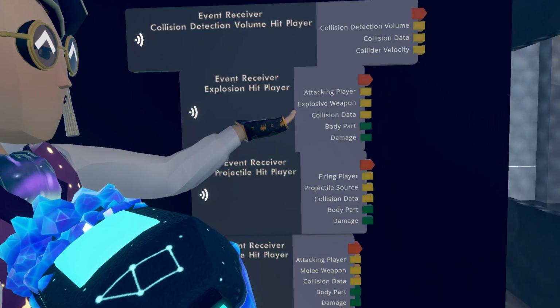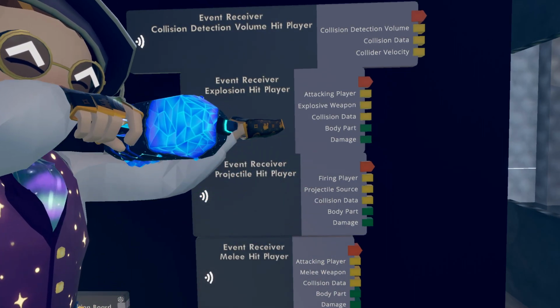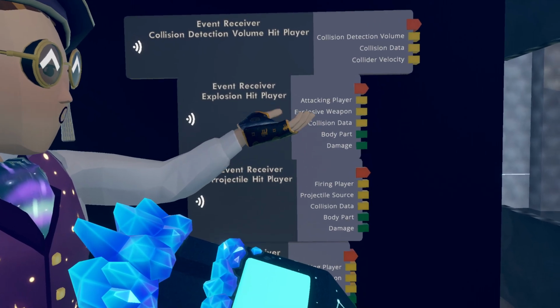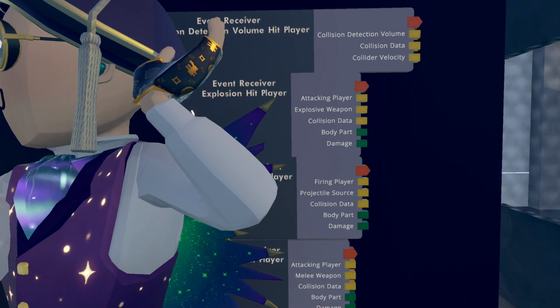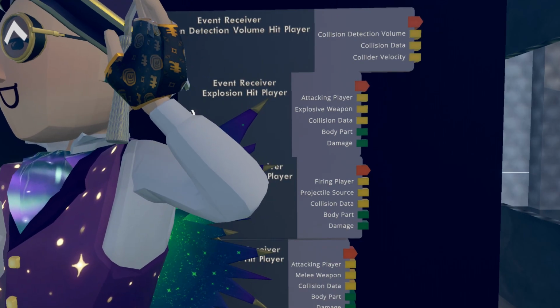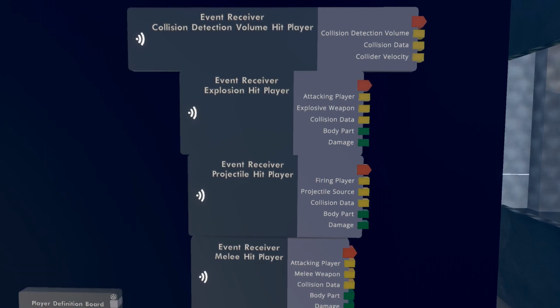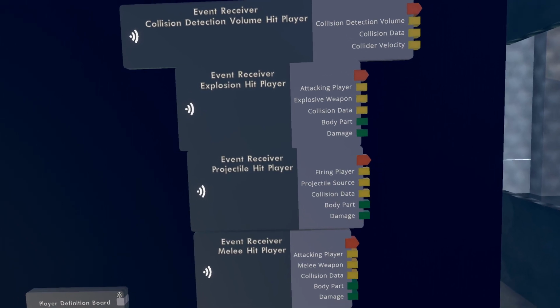Explosive weapon is an object type, so this will output the object, like the grenade itself. Collision data holds the data from the collision. I think you already talked about that once, right? The collision data, we might have covered this, but just to reiterate, it contains several different fields of relevant information for that collision instance. It contains the player or object that was hit.